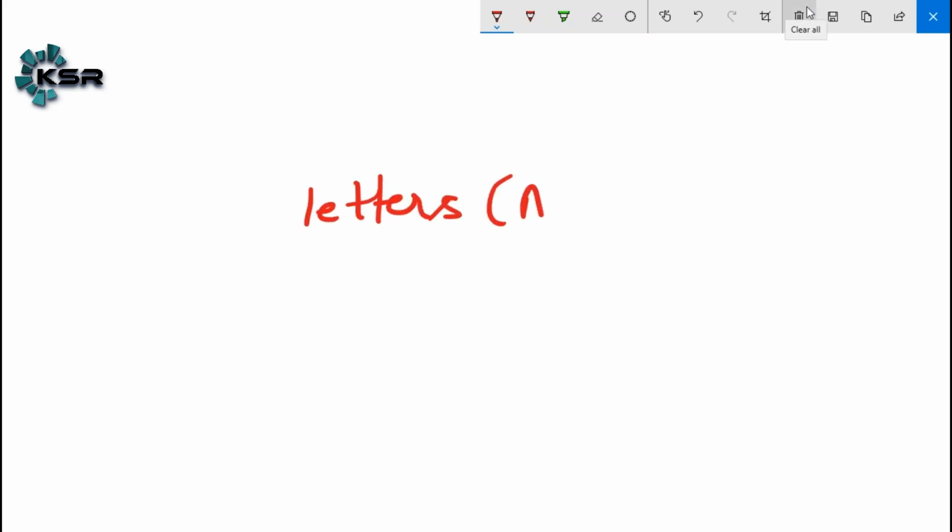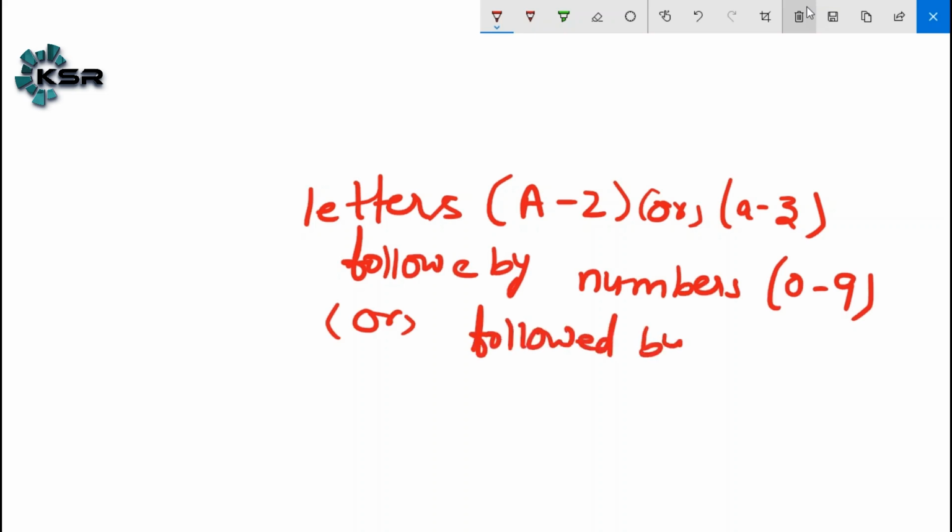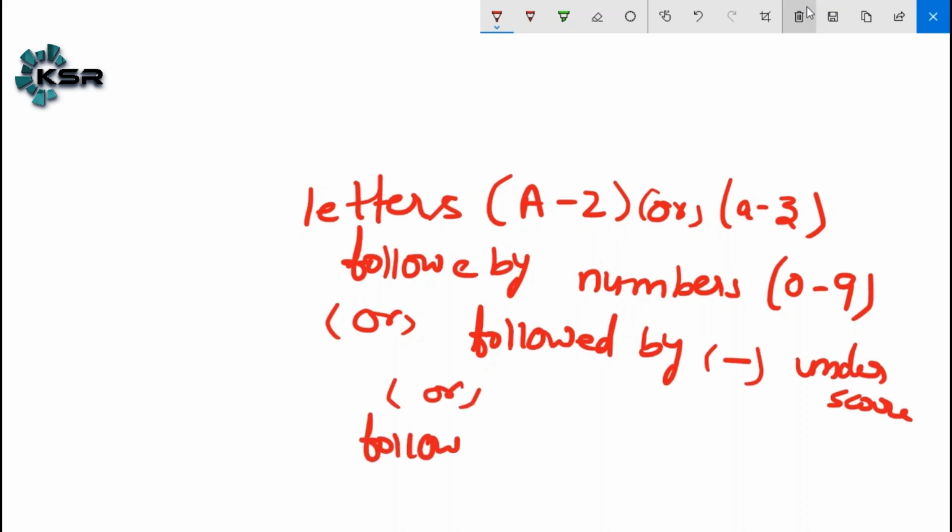Letters means capital A to Z or small a to z, followed by numbers 0 to 9, or followed by underscore, or followed by period. Period means dot, basically.